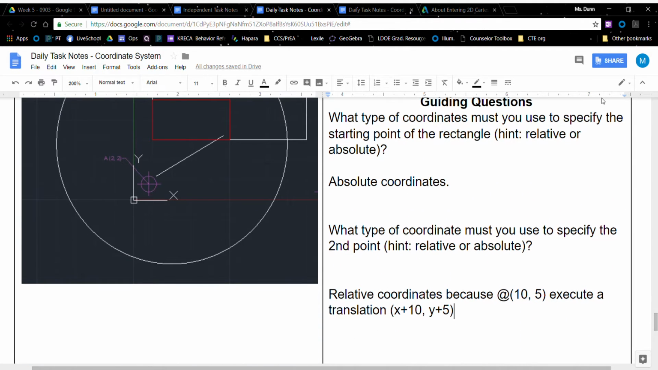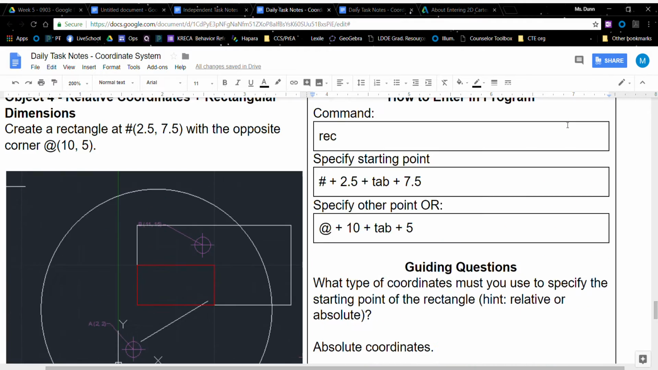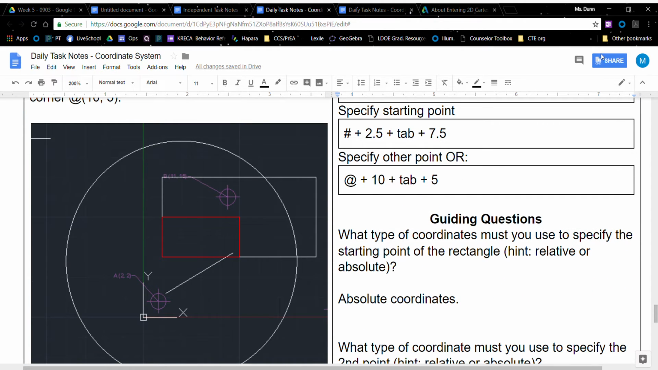All right. Go ahead and finish that up. When I come down to the bottom of the screen, there will be a link to tell me how to input these things